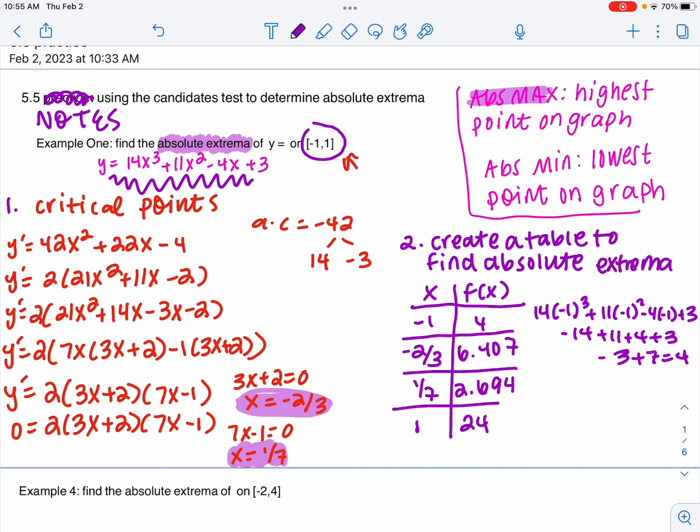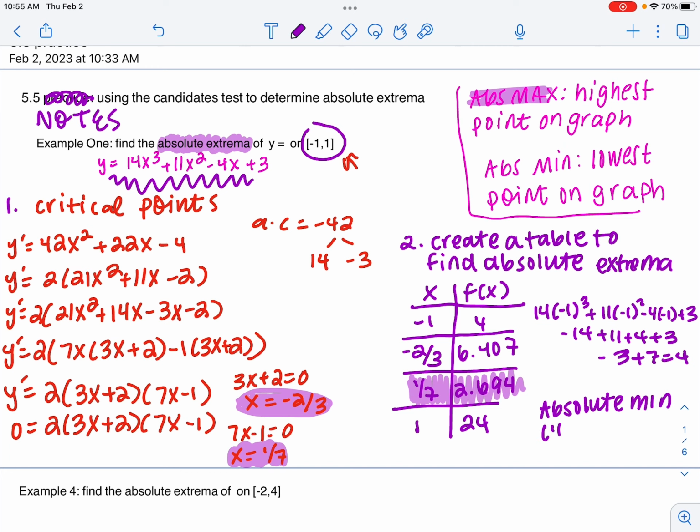And so now I look at all of these f of x values, which are the y values, and I say which one's the biggest. The biggest will indicate our absolute max, and then the smallest will indicate our absolute minimum. So this one right here is the smallest, so this is our absolute minimum. So we have an absolute min